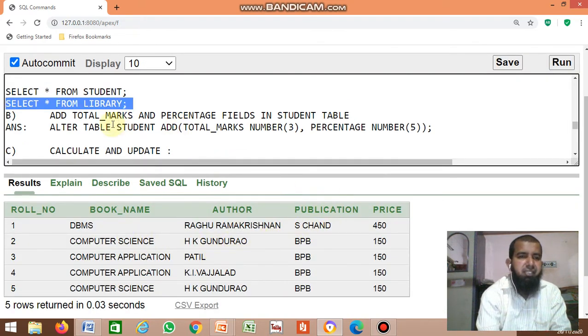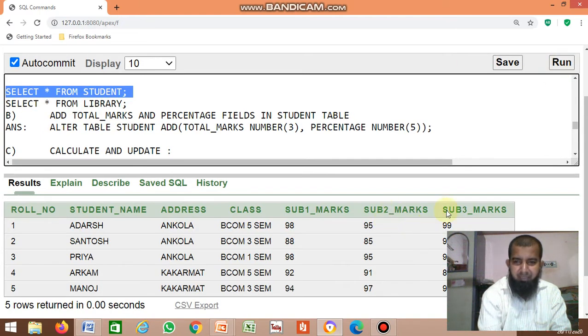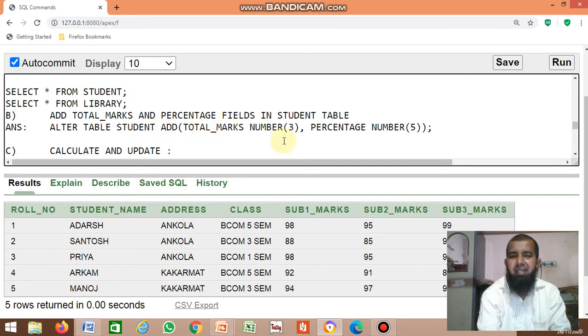Okay, next question is add total marks and percentage fields, because in the student table the total marks and percentage fields are not there. How to add total marks and percentage? By using the alter table command. Alter table, the name is student. Add, you have to add two columns. Which are the two columns? Total marks and percentage.